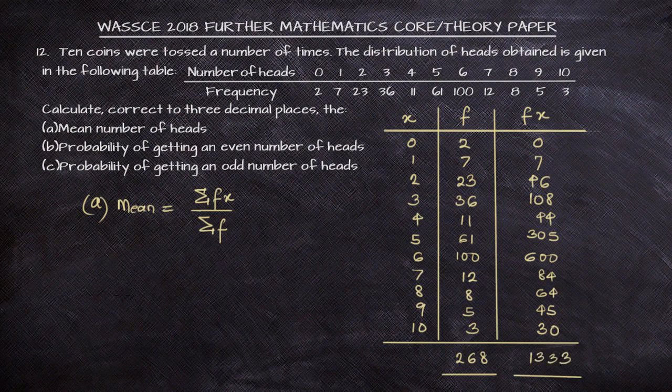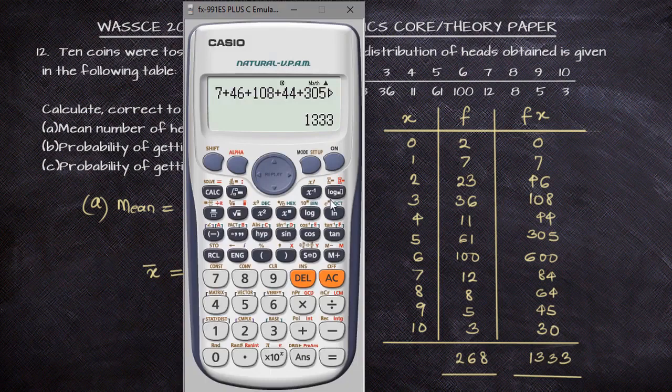So, using this information that we got from our table, we can find our mean to be 1,333 divided by 268. If we divide that, the mean number of heads will be 1333 divided by 268. And that is